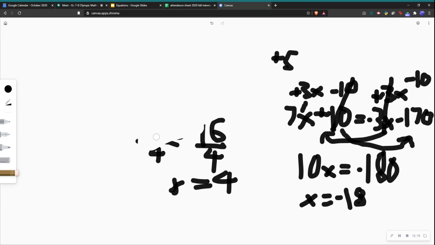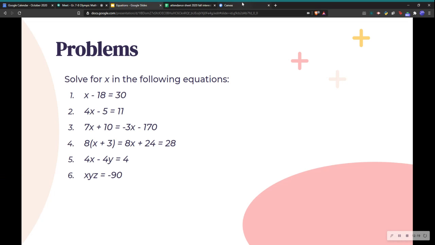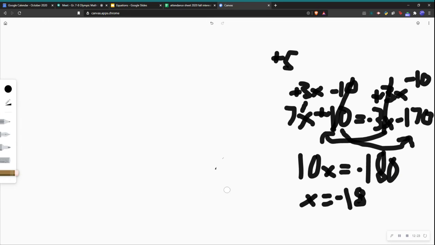Does anyone solve question 4? Half. Yeah, I think half looks correct. Let's do that right now. So here we have a fractional answer, but